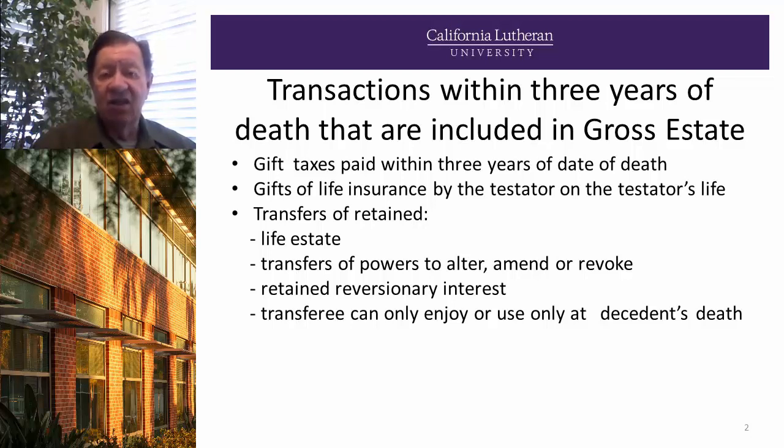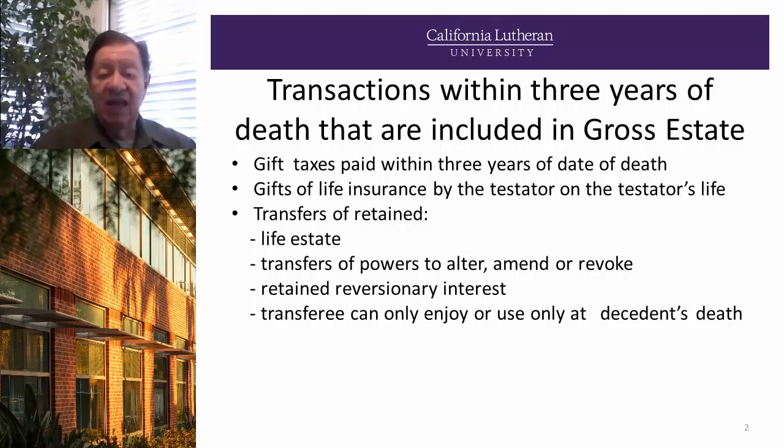The reason is gift taxes do not have taxes on the taxes. The gift tax only has tax on the gift, whereas estate tax has tax on the bequest and on the tax. Therefore, it's a higher tax, and the way you would make a gift tax equal to an estate tax would be to add the tax on the gift tax to what's being taxed, and that's exactly what this one does. And it's 3 years, so we have to go back to the specific date. So if it's April 21st, you go back to April 21st 3 years ago. Any gift taxes paid during that period.